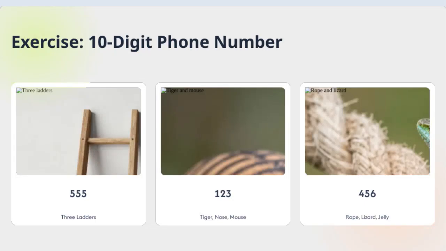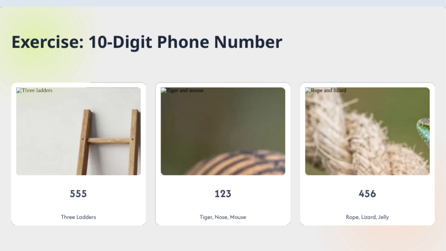All right, let's take a closer look at this slide. We see a series of words and numbers that seem to be connected in some way. First, we have rope, lizard, jelly. These could be examples of items or concepts that we might associate with certain patterns or categories. Then, there's the number sequence, 456. Notice that these numbers are in the middle, perhaps acting as a bridge or a code linking the words on